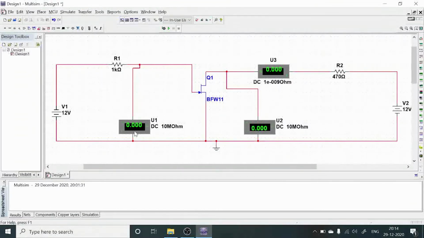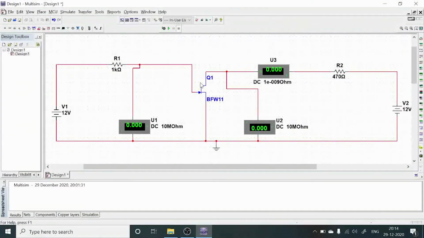And here, this meter acts as the gate to source voltage, meaning VGS, and this voltmeter acts as the drain to source voltage. This ammeter acts as the drain current. And this is the biasing voltage for the gate terminal, and this is the biasing voltage for the drain terminal.